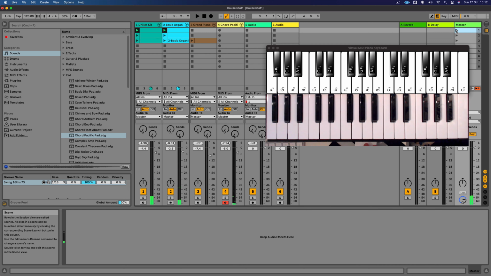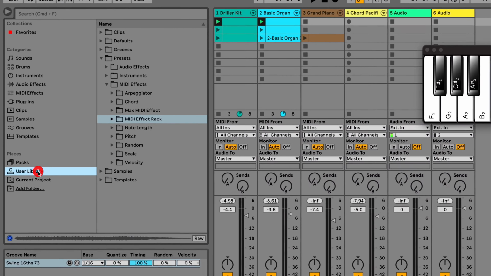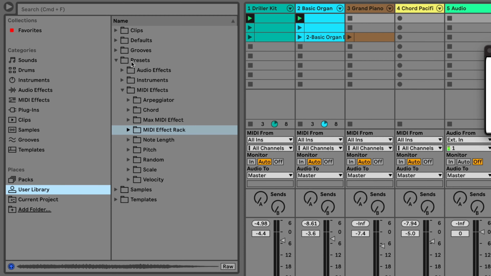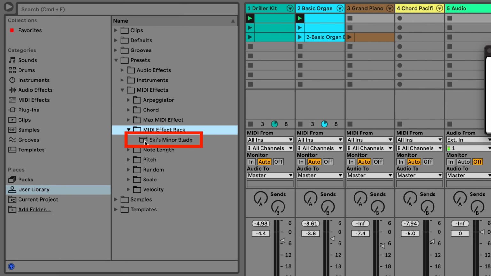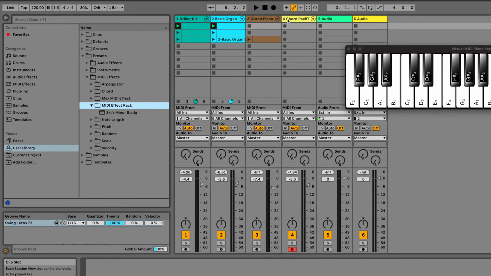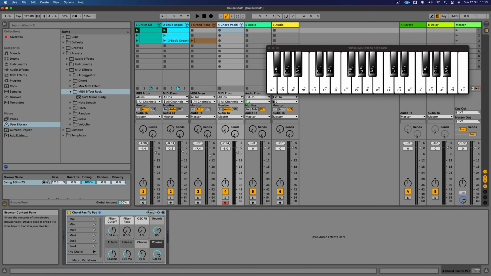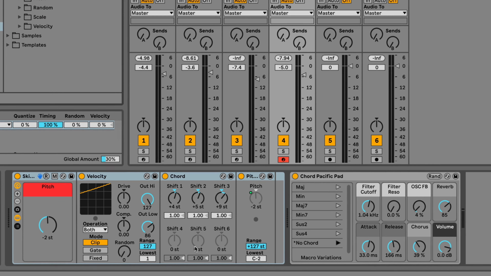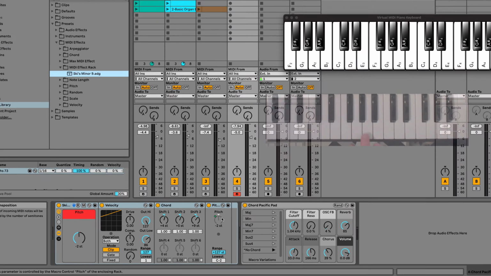Okay, so as you can see, that's quite tricky to play, but I've actually created my own chord device preset, and I want to quickly show you how I created it. So I'm just going to go to the user library here, and if we just go to presets and MIDI effect rack, you'll see it's here, skis minor 9. So let's just go over here, and I'm just going to double click on that. Now you have to make sure that no chord is selected on the pad device, but now if I play this,